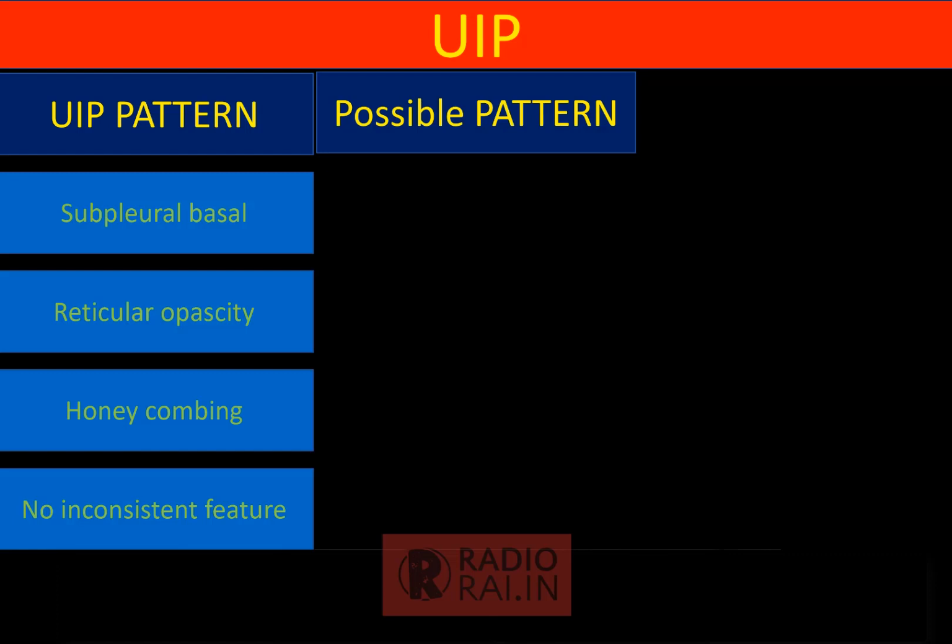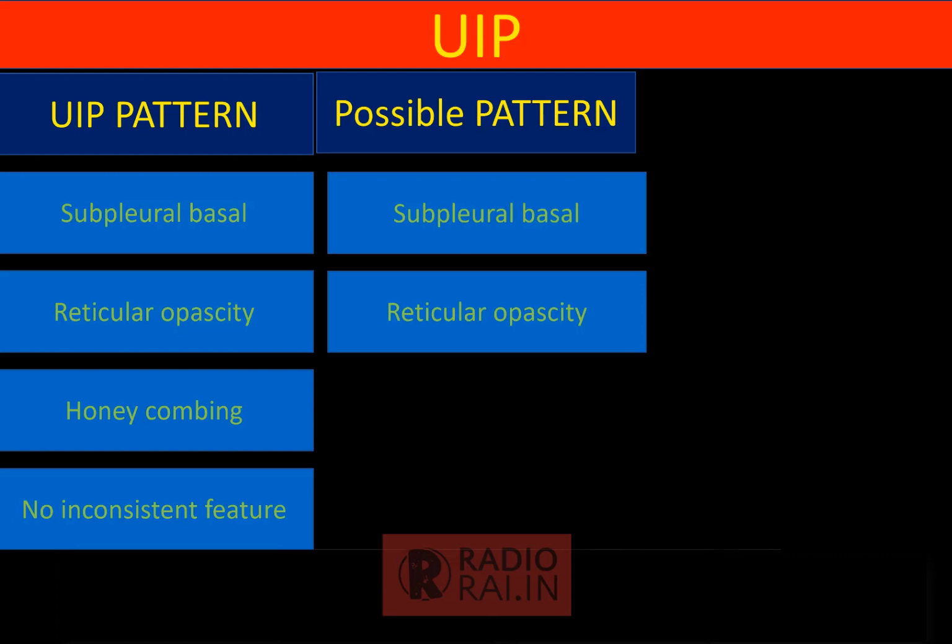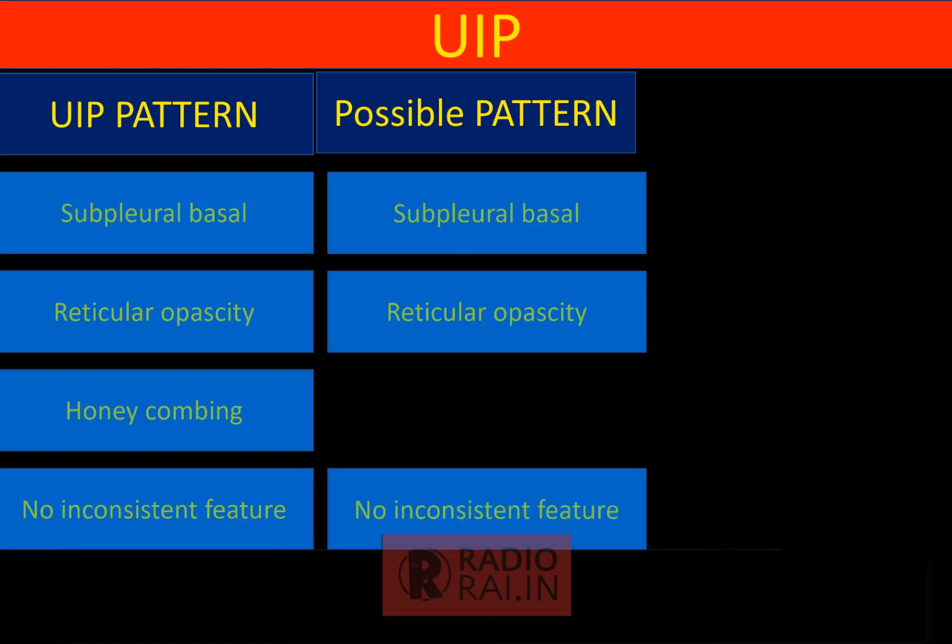Now when do I say it's possible UIP? Whenever I say UIP pattern, that means it is UIP. Whenever I say possible UIP, there is something very important that is missing. Now out of these four things, which is very important? We know that it should have subpleural opacities, subpleural lesions, reticular opacities, and honeycombing. But if there is no honeycombing, it is called possible UIP. Presence of honeycombing will tell us it is a UIP pattern, but if there is no honeycombing, then it is